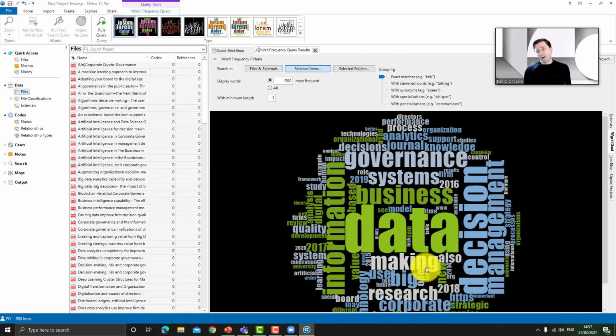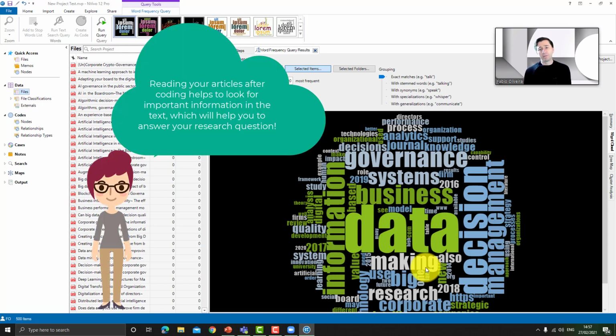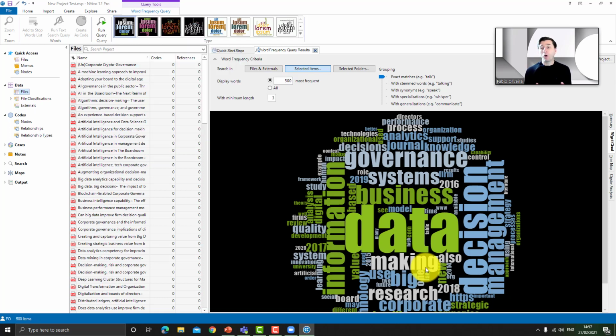This visualization, in my case, gives me insights to create my coding according to, obviously, the context that I am exploring and investigating. In this case, I want to find what are the main technologies used for supporting decision making in the last 20 years. So I am exploring all the technologies that are directly linked or mentioned in academic articles during this period. Makes sense, as you can see here.